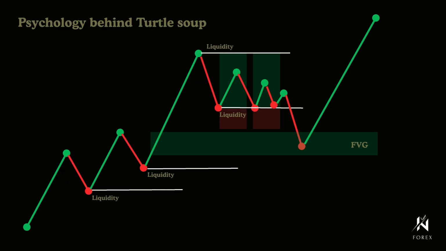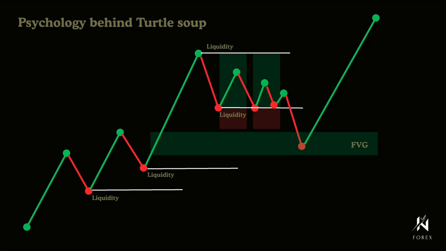Because liquidity tends to form beneath support, there's a good chance price will breach that support, sweep the liquidity, and then reject off the fair value gap with strong upside momentum. After this bounce, price usually gains traction, pushing higher and continuing the trend. This method offers a sharp way to trade with the trend while using liquidity grabs and fair value gaps to